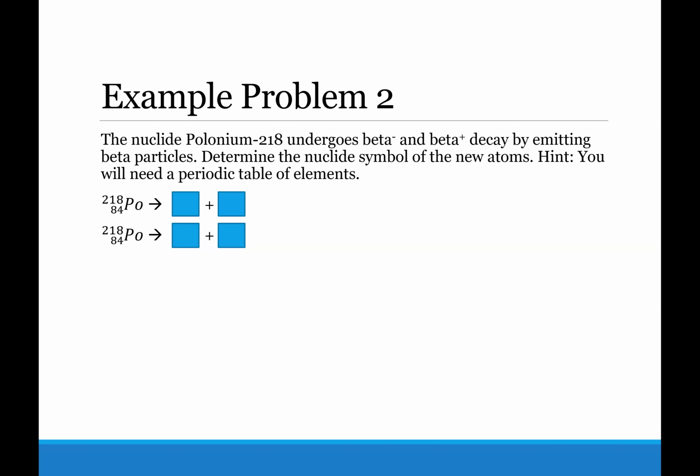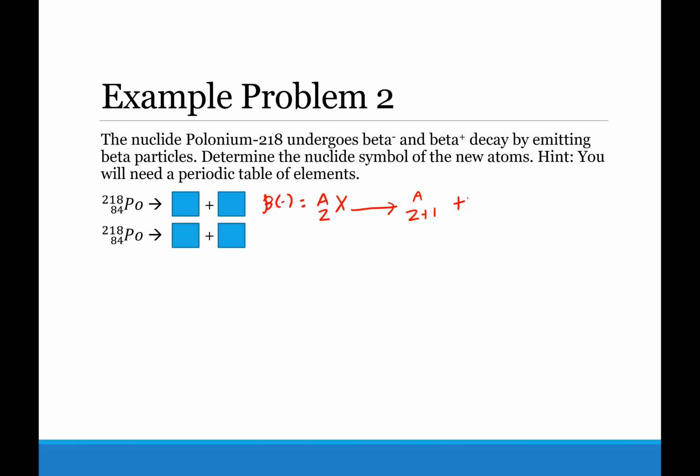Example problem 2 asks us to do the beta minus and beta plus decay of polonium-84. So the formula for the beta minus decay is going to be the initial A X Z notation for the initial atom. You're going to have the decay happen, which is the arrow, and then you're going to end up with A. So that's not changing from the initial atom. What is changing is that you're going to have Z plus 1